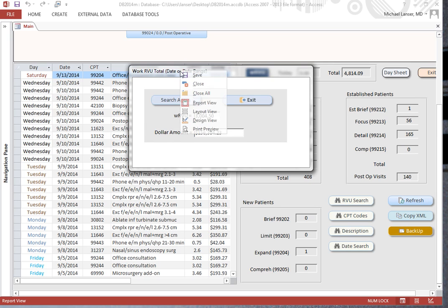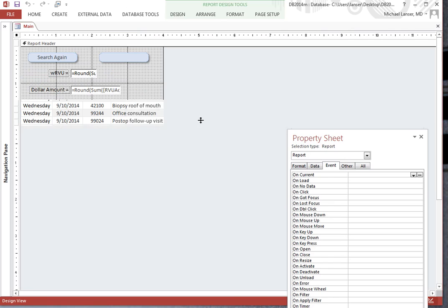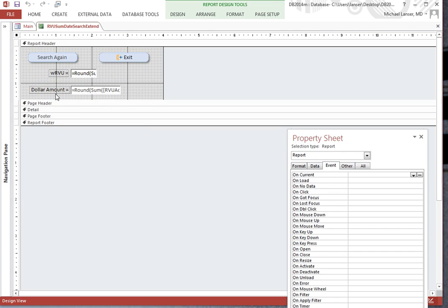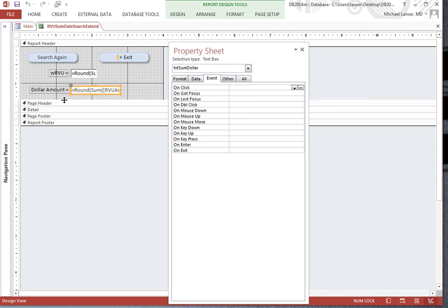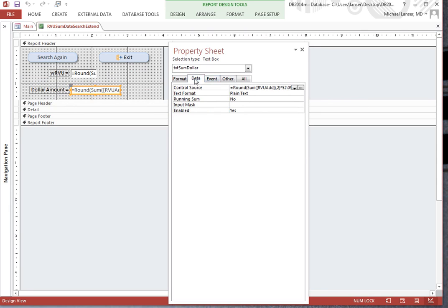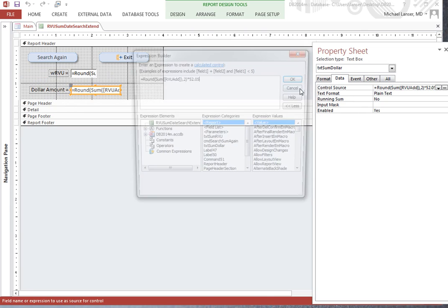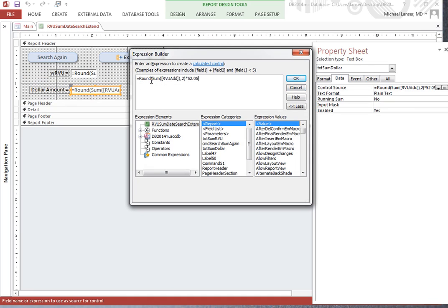And this is all based on calculations. I'll go to design view. It's going to kind of disrupt our little window here. We can rebuild it though. This calculation, and I think I'll bring up the properties sheet, is just a text box, and the calculation that I wrote is based on the summation of the RVU, rounded to the second decimal point, times 52.5. And if you change that number,